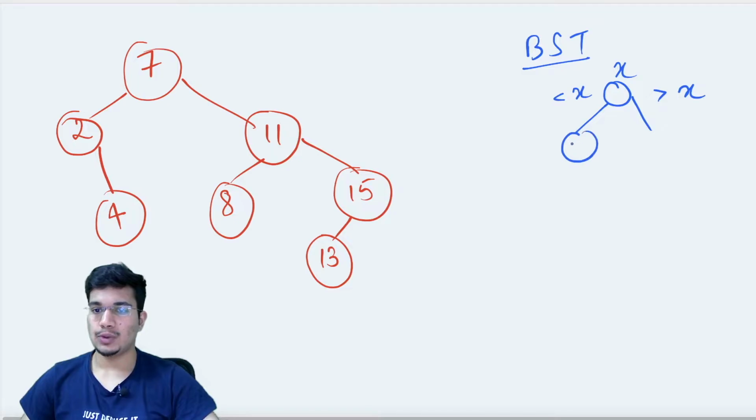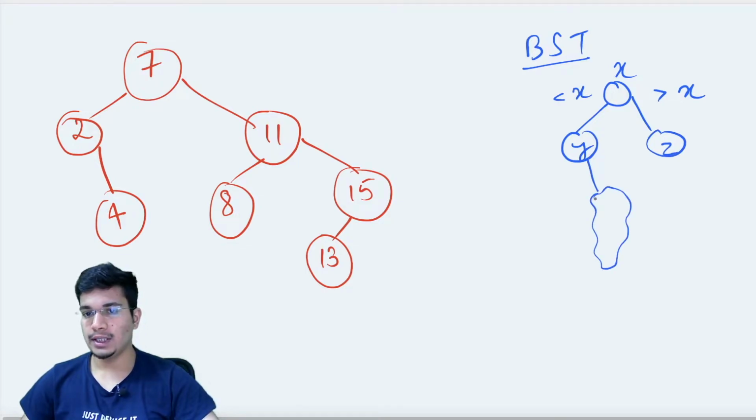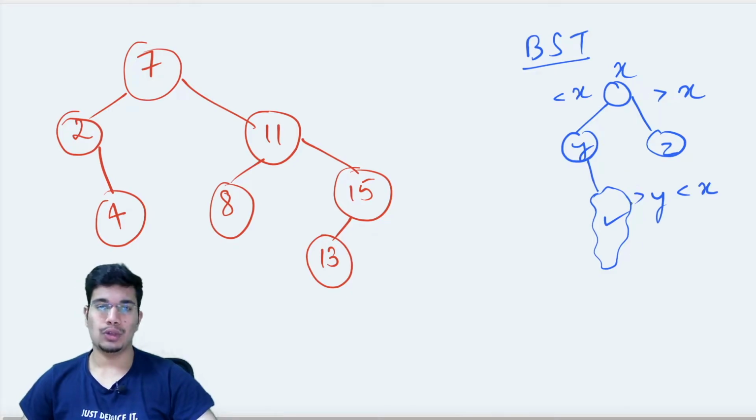And then if I say that this node is, let's say, y, and this node has some value z. So if there's something to the right of y now, so this particular subtree, I know that nodes for this particular subtree should lie in the value which is more than y, but less than x. And how can I say that? Because this is to the left of x and to the right of y. So if the nodes follow the property of a BST, then these conditions should be true for every single node.